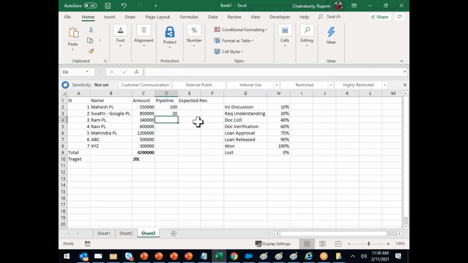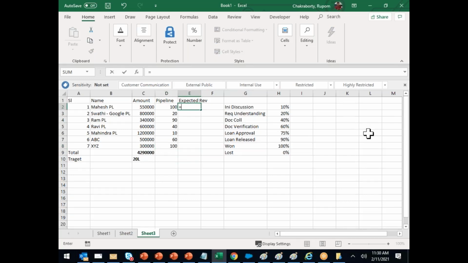Let's say this loan got approved and released, 90%. Ravi personal loan, let's say it is at document collection, 40%. Mahendra's personal loan, I'm still discussing with him, 10%. ABC, let's say it's in the document verification stage. XYZ, let's assume it is 100%.